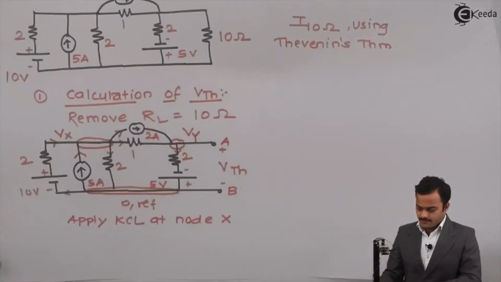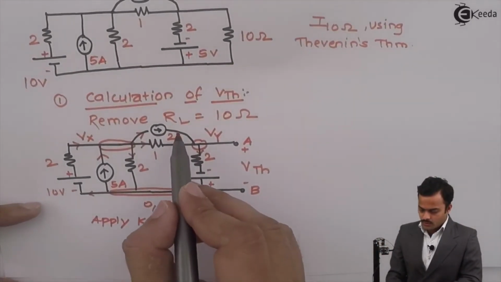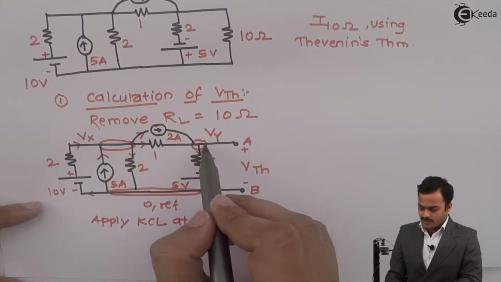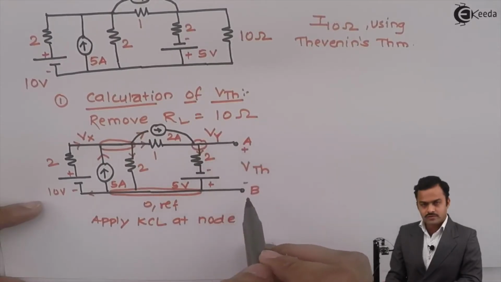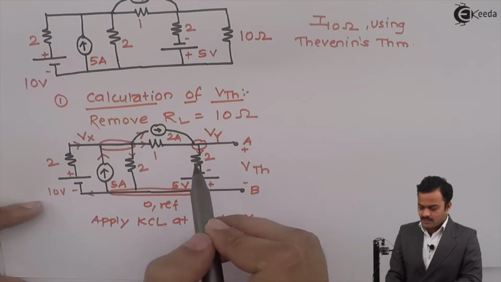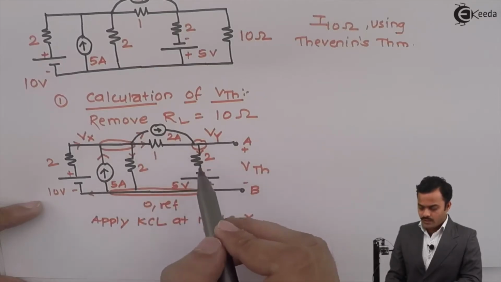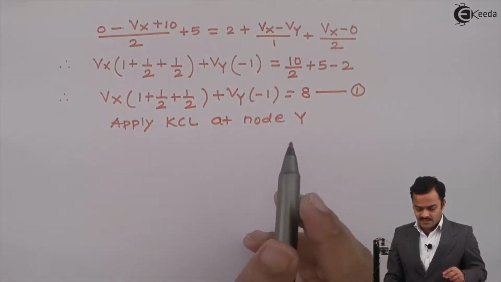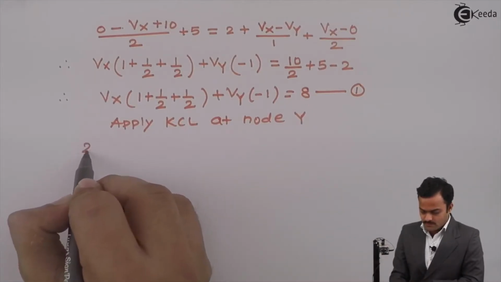So at node Y, I am having 1, 2, 3 branches connected. I am not considering this as a branch because it's not closed. So only 3 branches are there. Out of that, 2 are incoming, 1 is outgoing. So for incoming branch current, it is 2